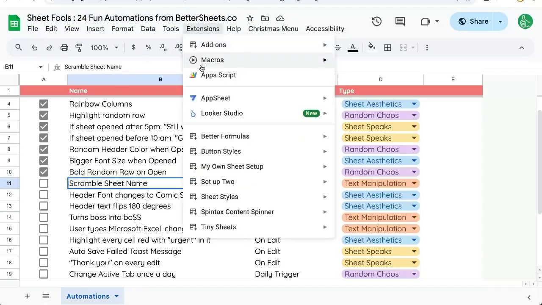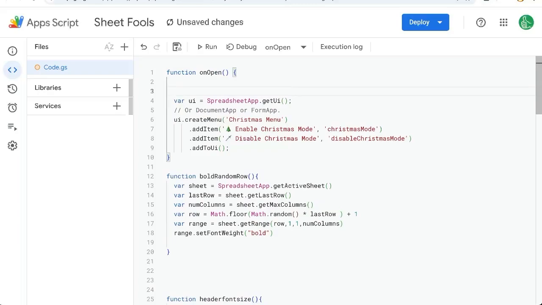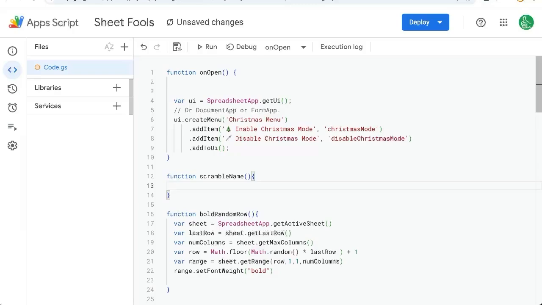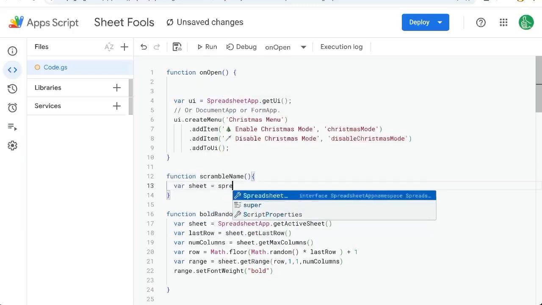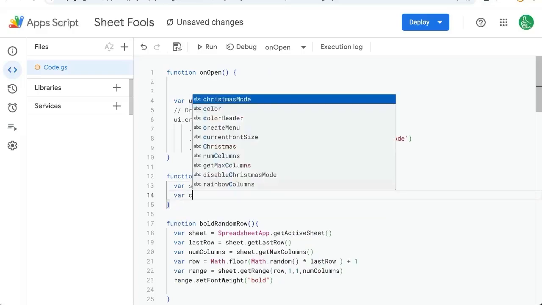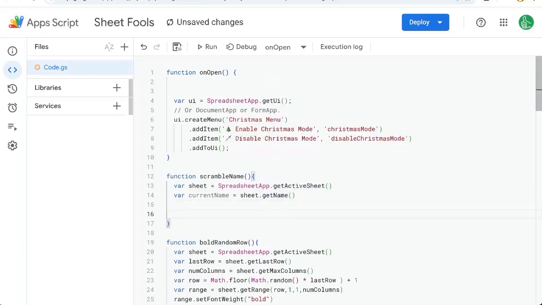Go over to Extensions, Apps Script to start. Over there, we have a few things already. We already have our function onOpen written, and here we will create a scramble function. We're going to write function scrambleName. We're going to need the spreadsheet itself, var sheet equals SpreadsheetApp.getActiveSheet. We need the current name, sheet.getName, and then we're going to need a scrambled name,